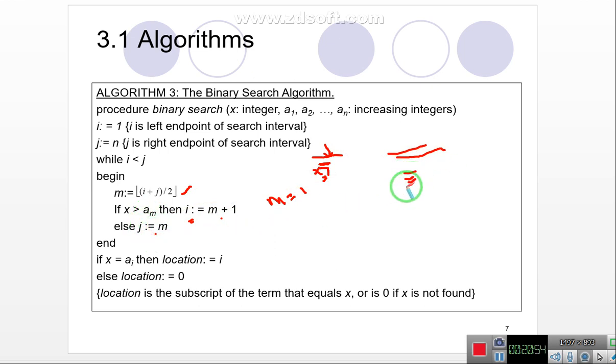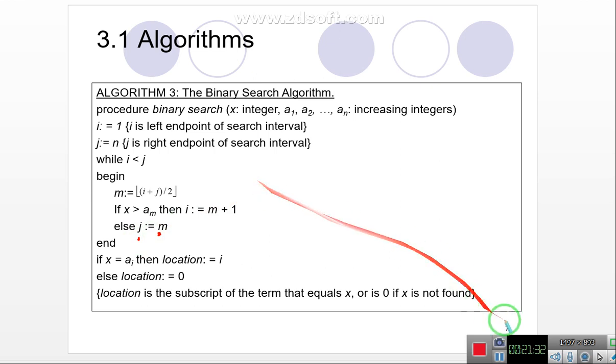Then you can compare your x in this sequence and follow this loop. You know about the loop. If you didn't find your number in this left sequence, then you can go back and search again. Again if you didn't find it, then you can go back. So this is basically the procedure of programming. Then if x is greater than am, it means it's not true. Then jump again, find, jump again, meaning j is equal to m. So now you can